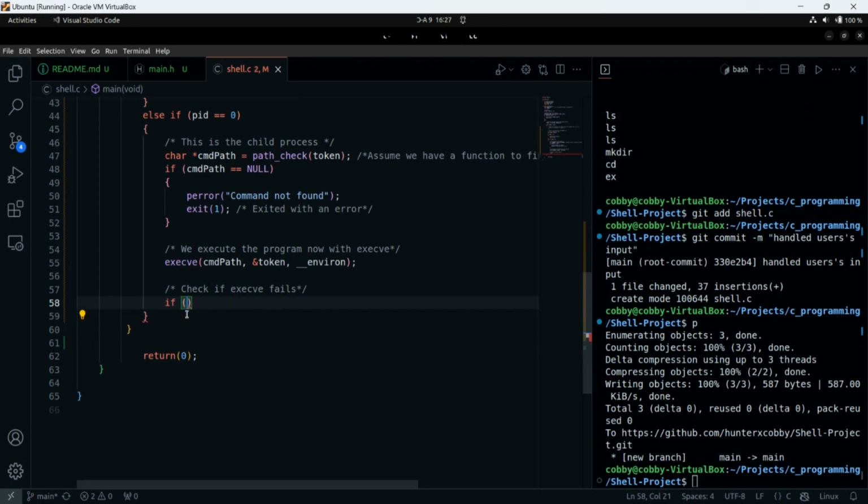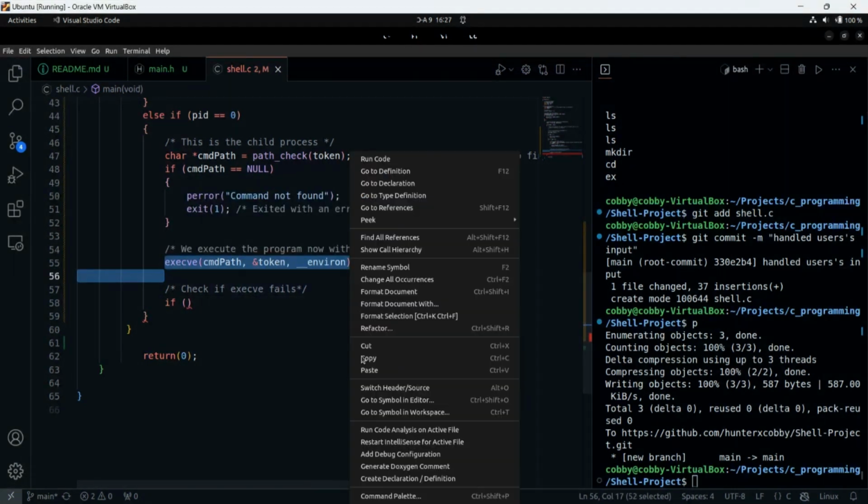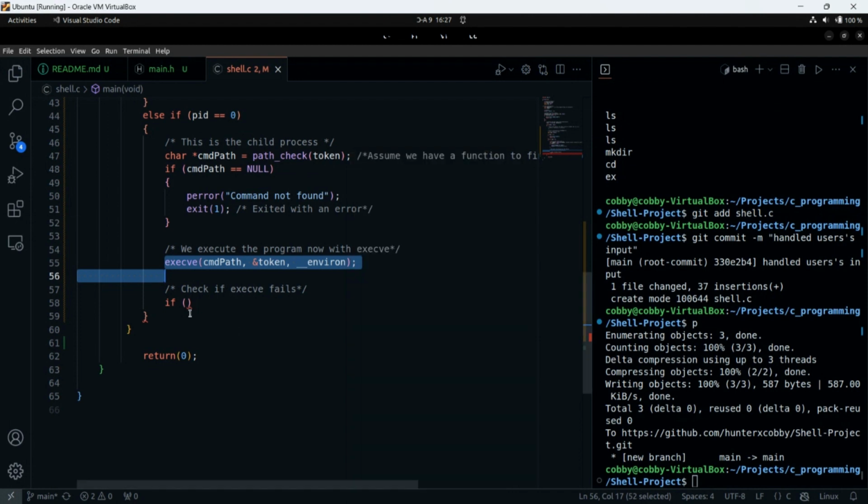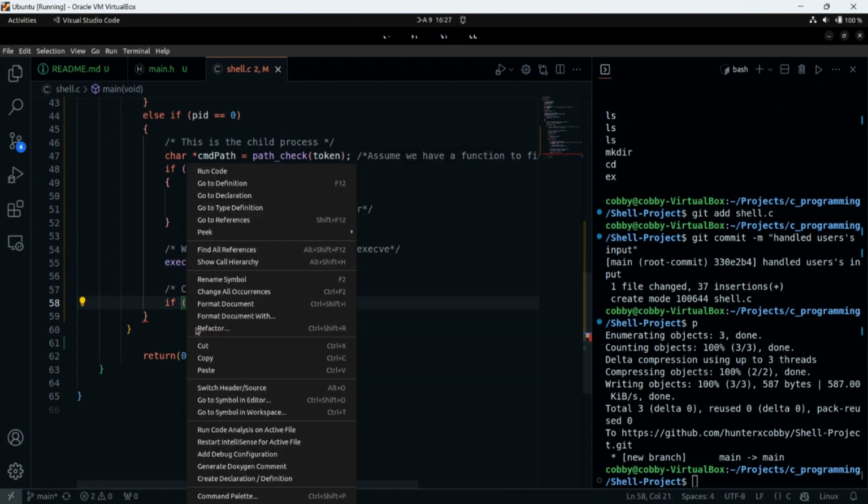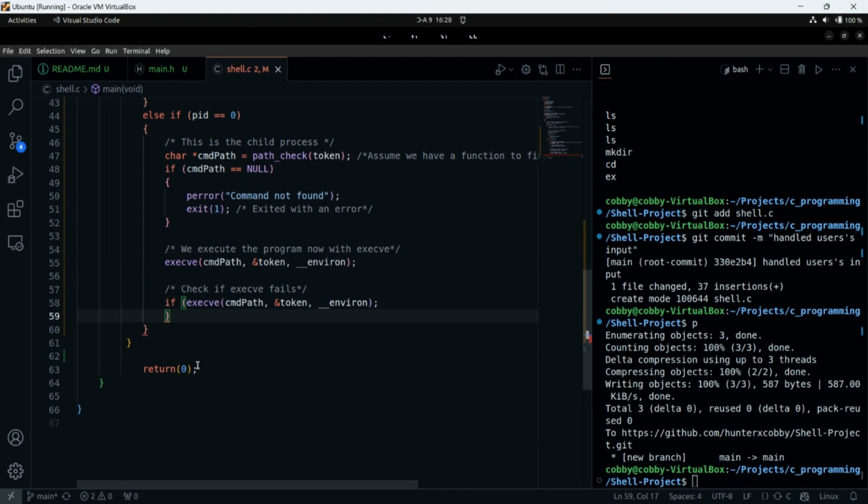It will not work that way unless I copy it manually. Sorry. And then we put this in our if statement. So we basically want to check if execv is equal to -1.